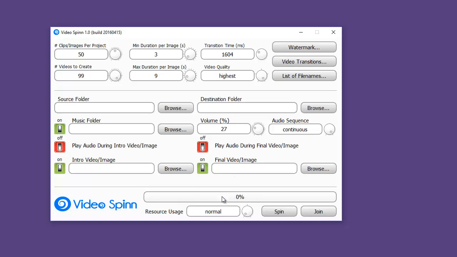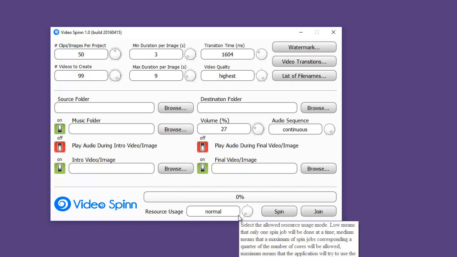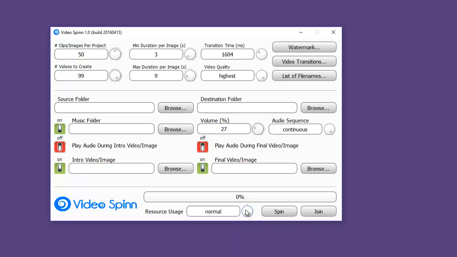At the bottom is a progress bar, so you can see when your project is complete. Below the progress bar is resource usage. This allows you to select how much of the resources of your computer VideoSpinn uses to create videos. You can select normal, high, or maximum. The higher you go on the resource usage setting, the more resources will be used and the faster VideoSpinn will complete your job. Keep in mind, this can limit how much work you can do on the same machine while